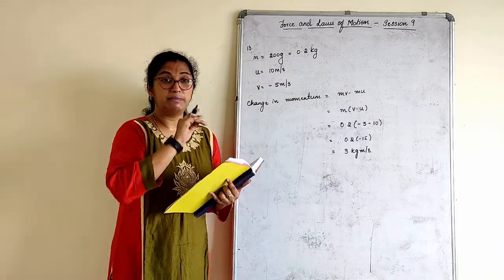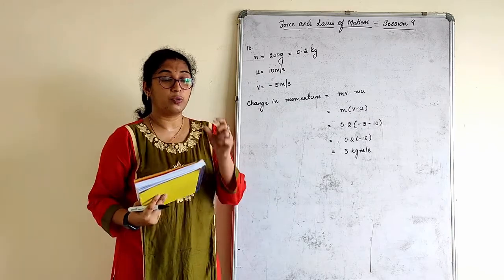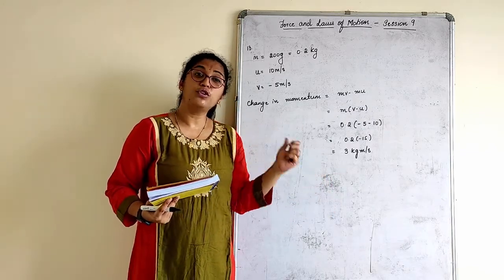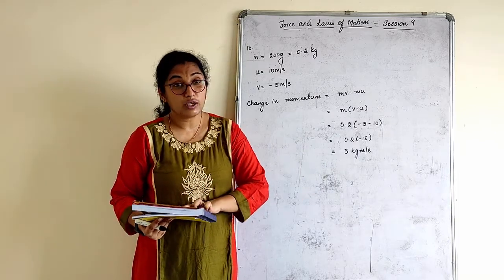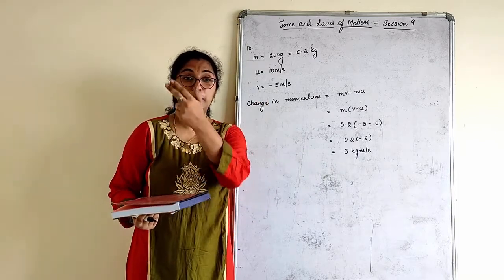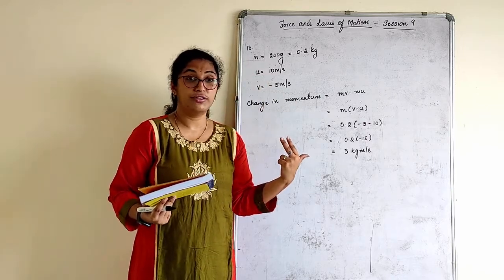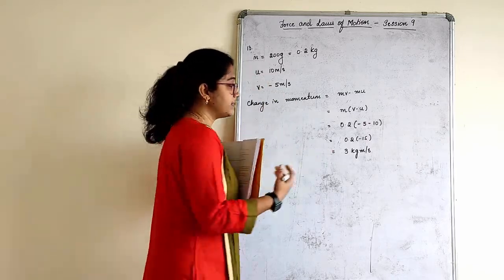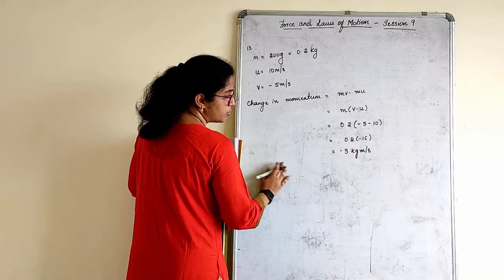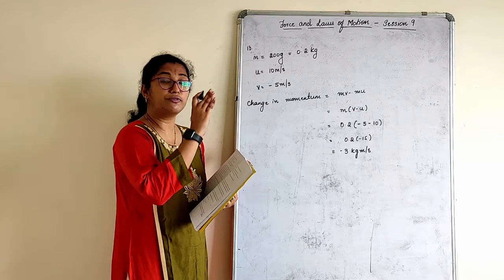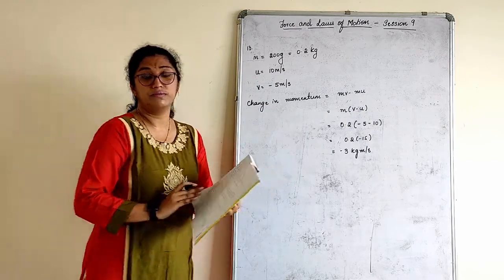The same thing as the previous question, how I explained it to you. When you write minus, it is understood what is there in the answer. If you don't write minus, then you have to give a conclusion with the statement, because it is returning to the original path in the other direction. That is why it is minus. Or give the answer as 3 kg meters per second in the form of the given question.